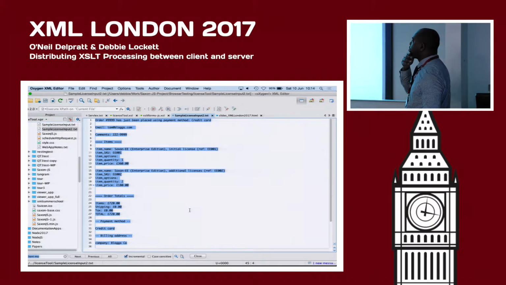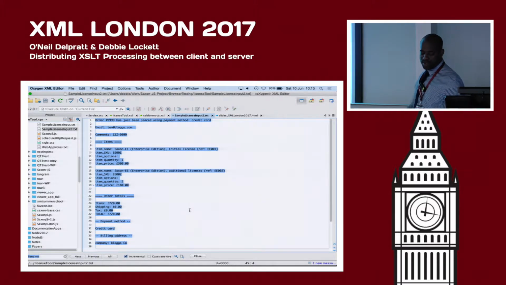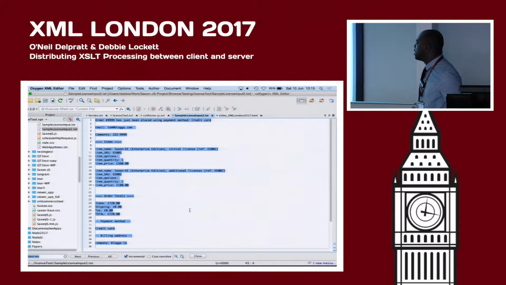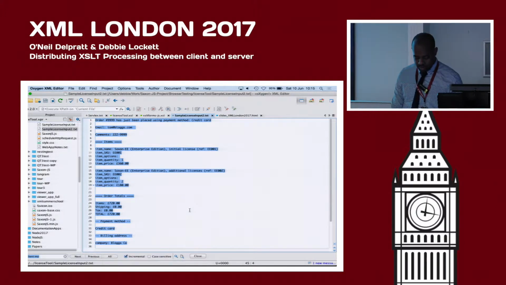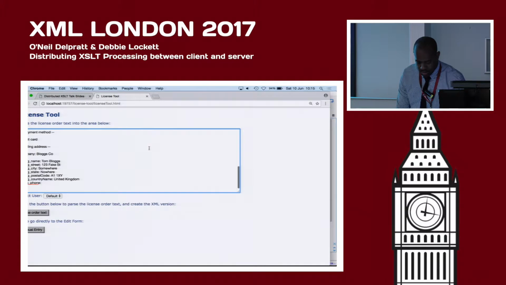So on the website, the user will fill in their details. They want a Saxon EE license, and they'll put all their details into the form, and this is what we get in the email. So back from the shop. Yeah. So if someone's purchased something, it comes back as structured text. So we take that text, paste it in there,